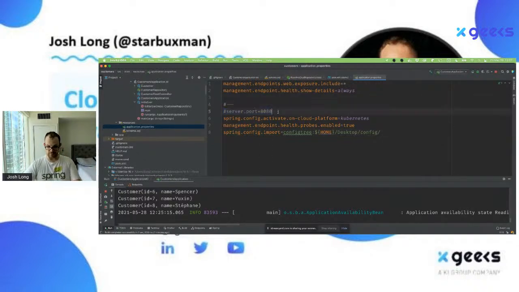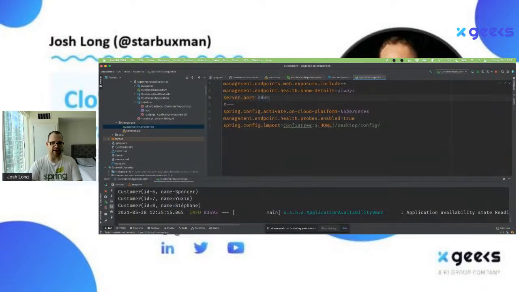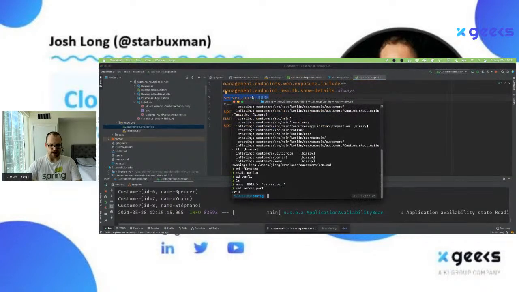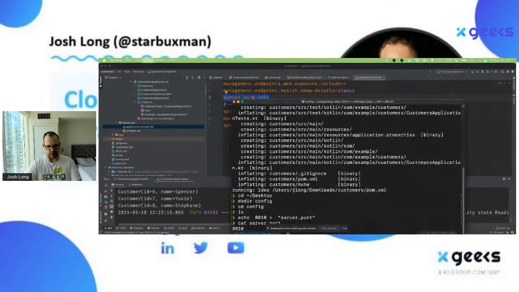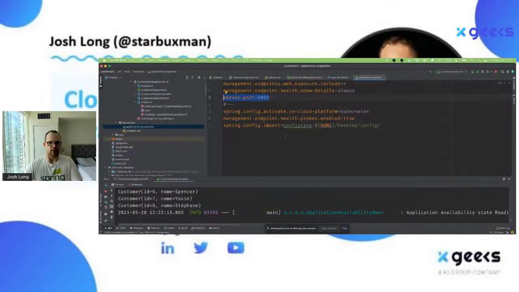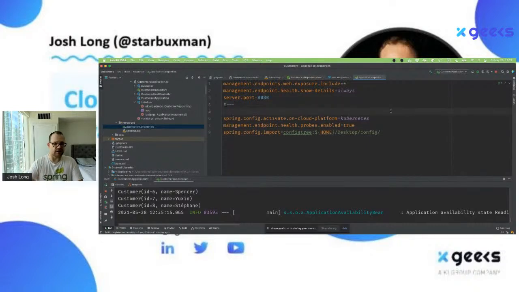Now, server.port will be 8080. I put it to 8010 in the config map here, right? So I'm going to restart the application. I want my application to think it's running inside of Kubernetes. If we're actually running inside of a pod, this activation criteria, this predicate, will automatically be true.